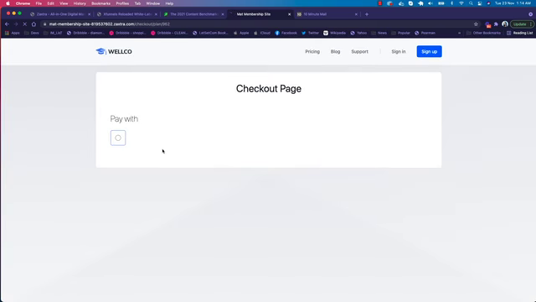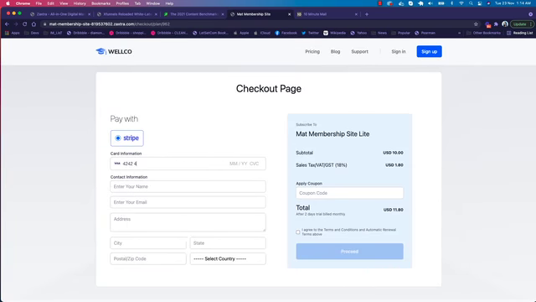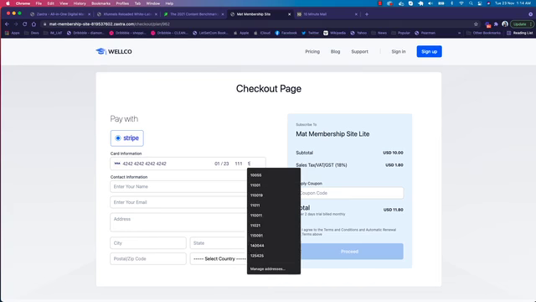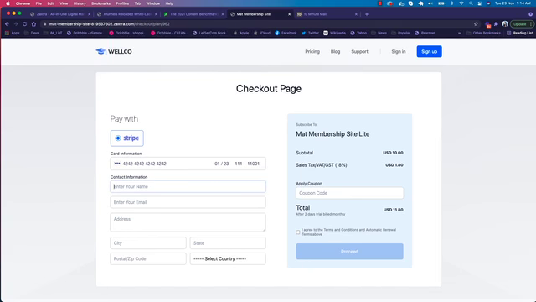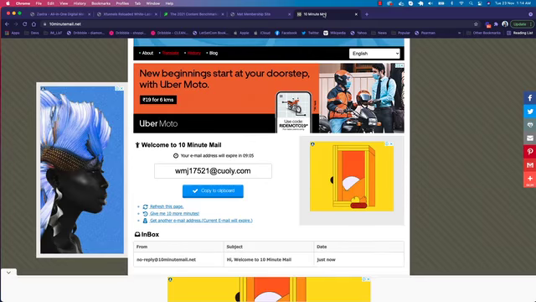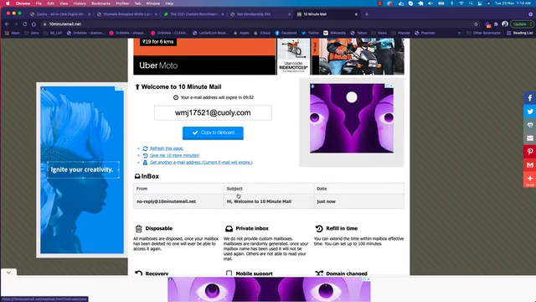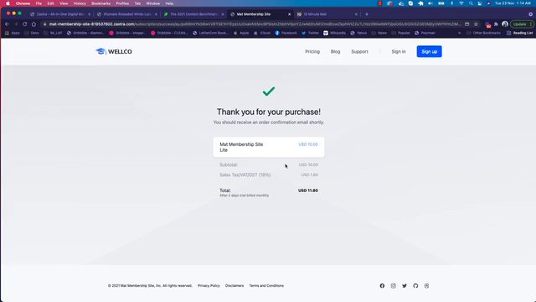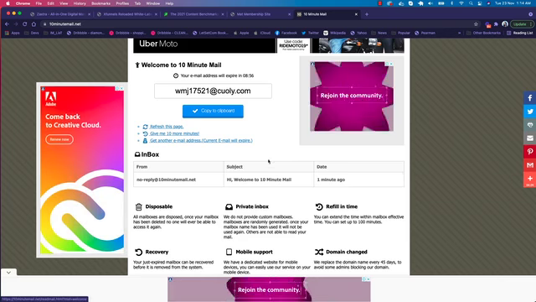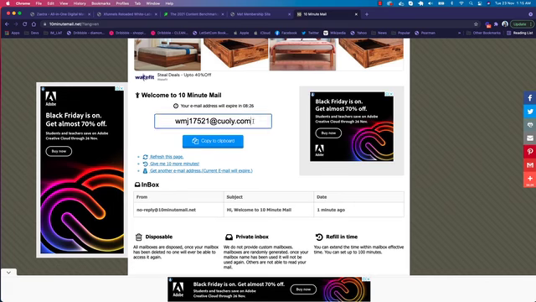And every plan can have different features and functionalities, and you can create these kinds of plans for your own users. So let's say I'm going to use this email address and go through this process. Once it is done, we should receive one email on our 10-minute email account here. Okay, it is done now. We should receive an email here. We will receive the email anytime.